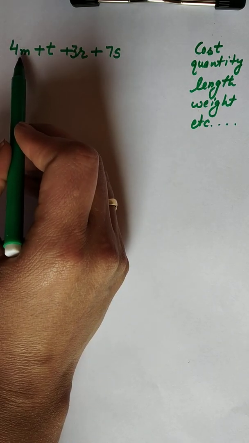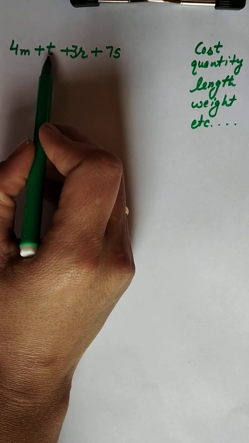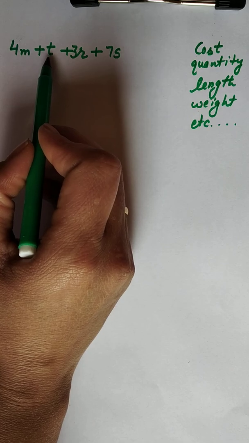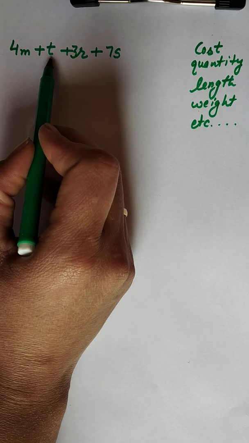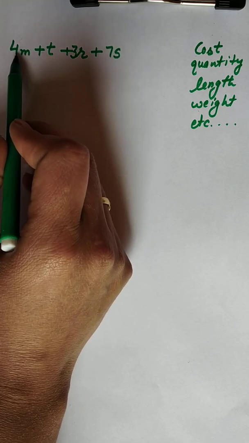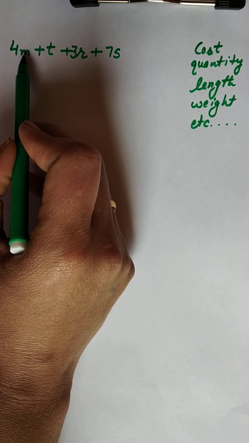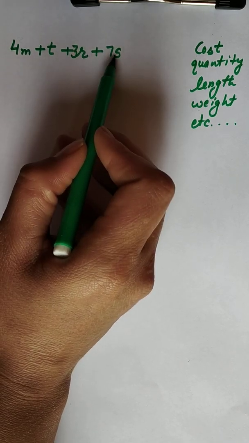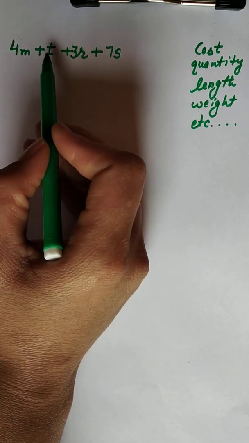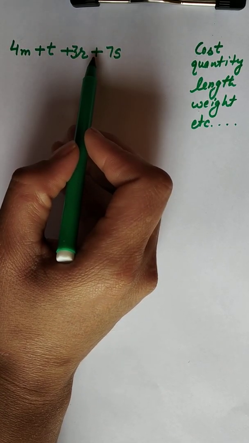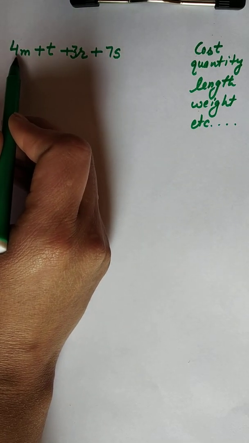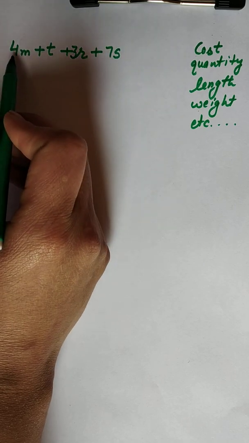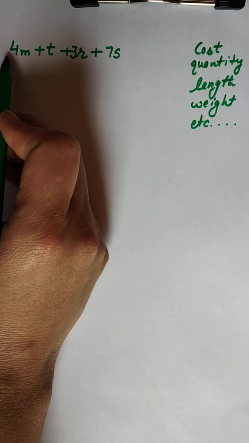One thing is sure, if M is a cost, then T is also a cost. It cannot be a length, because there is no point adding rupees to centimeter. No? Okay. So if M is cost, then all of them are costs. If they're quantity, then all of them are quantity. Now, one thing is clear here, that if M is a cost, then